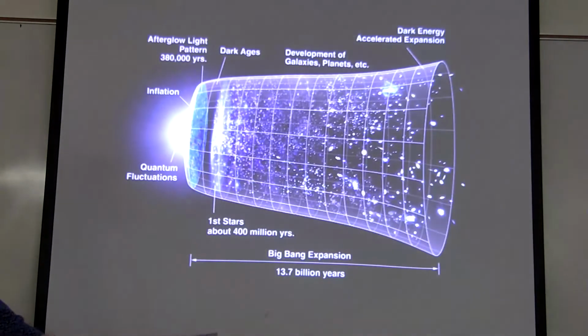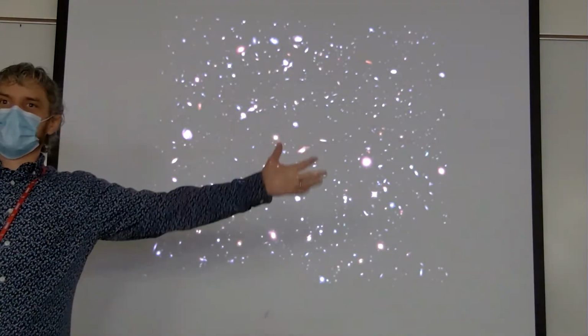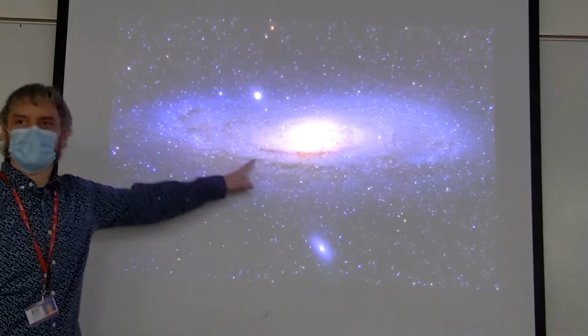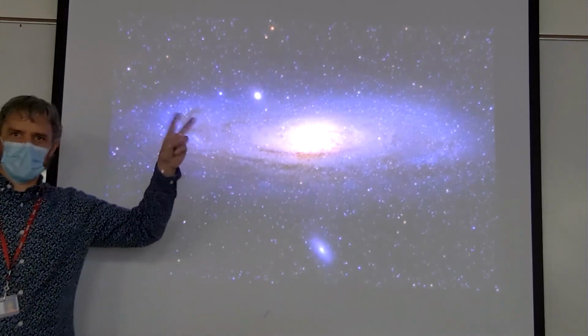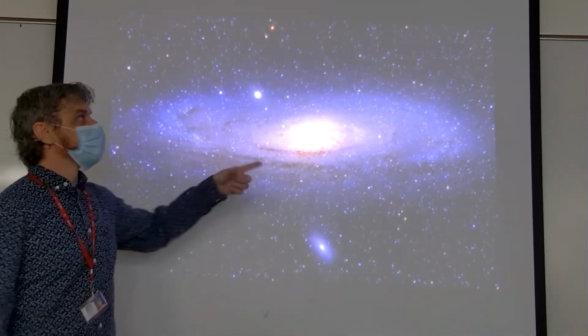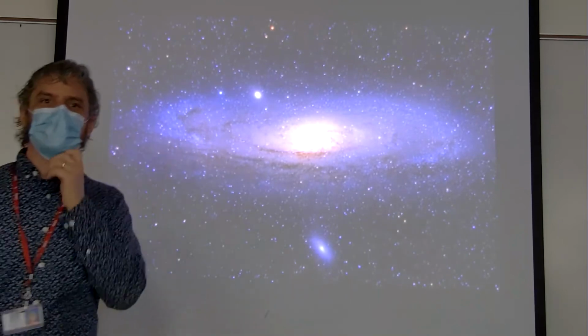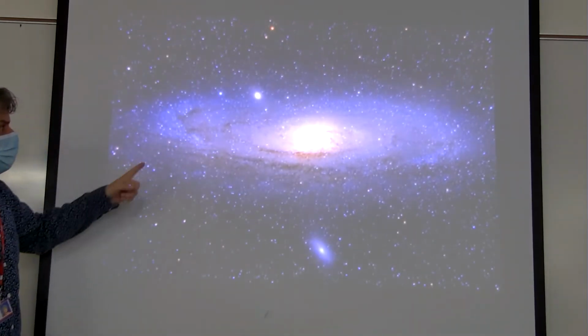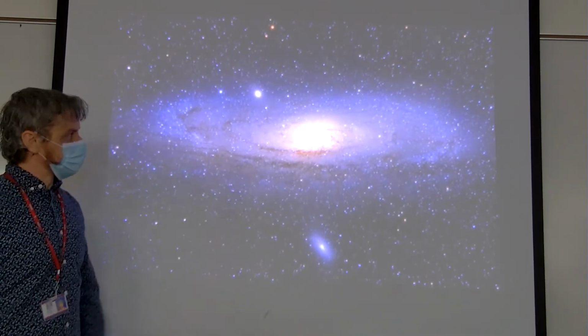So anyway, you go back far enough and there are no galaxies. You just have a bunch of stars with a lot of gravitational potential energy. But then they start grouping up with stars that are close by, a relative term, creating the first galaxies. This is a spiral galaxy kind of like ours. I think this is Andromeda. It's kind of like our galaxy.